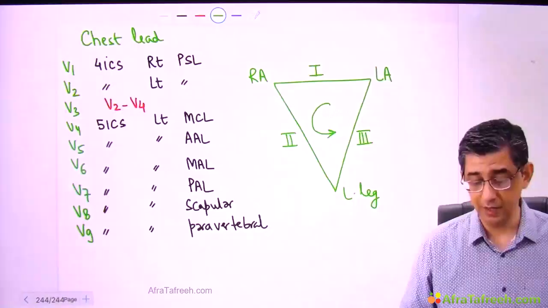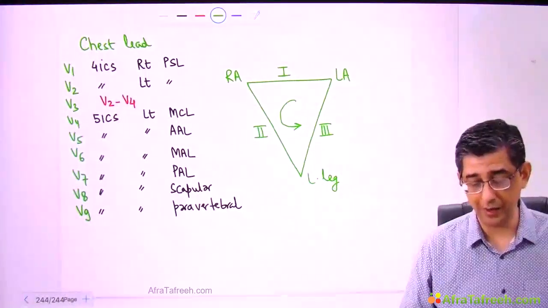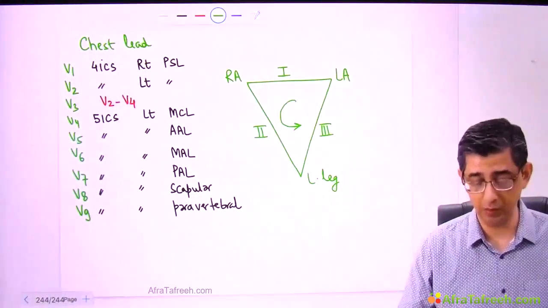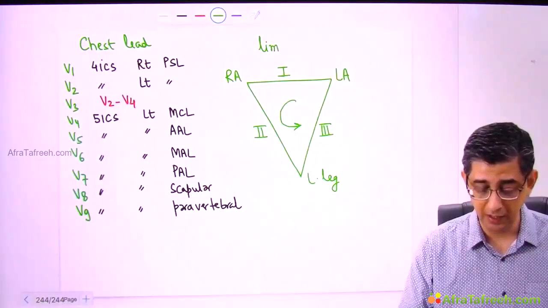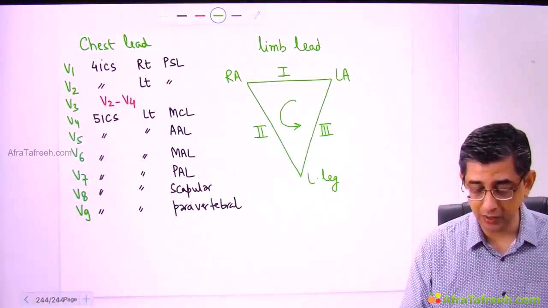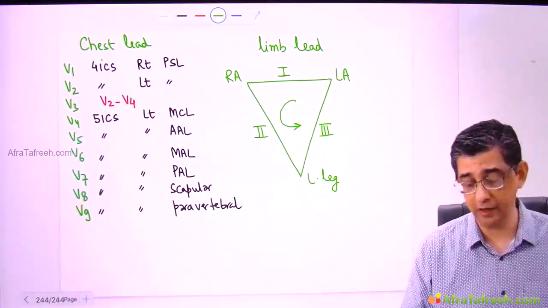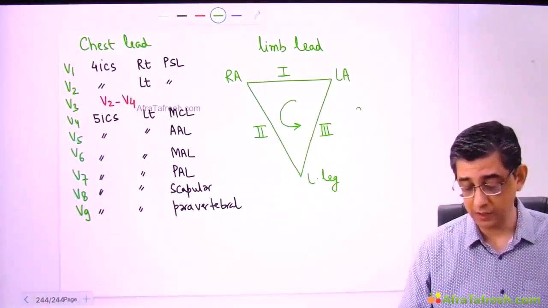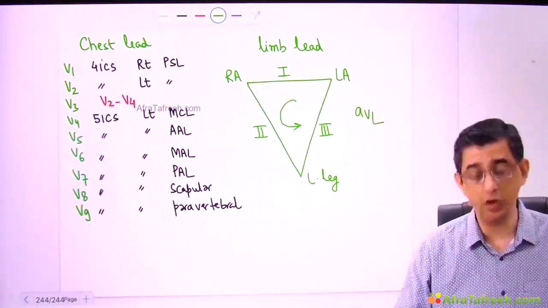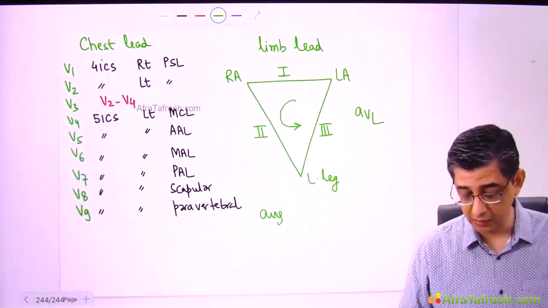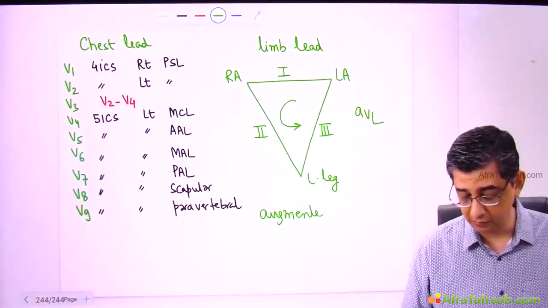The message here is that as such, there is no contraindication, and lead connections have to be remembered, especially the ones that I've highlighted. And lead number 2 and 3 are the only ones where the possibility of error is there. Now I will describe the augmented leads. In fact, this was again a physiology-based question: why is this augmented lead called so?